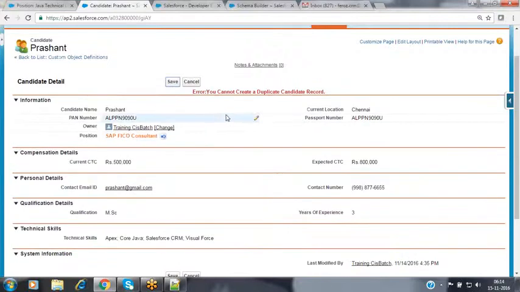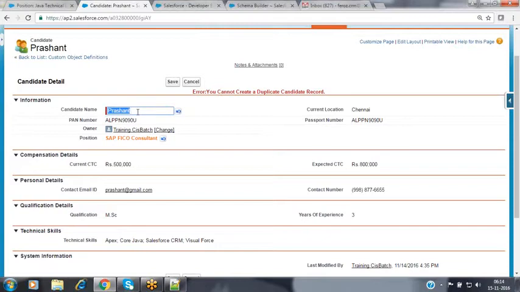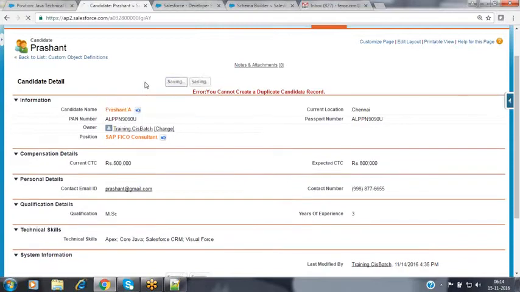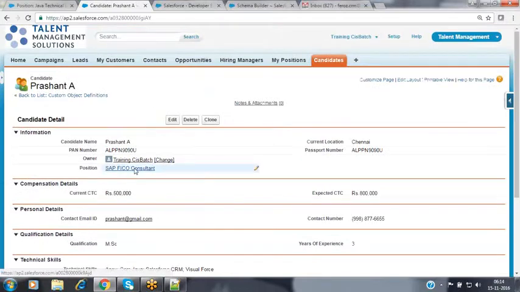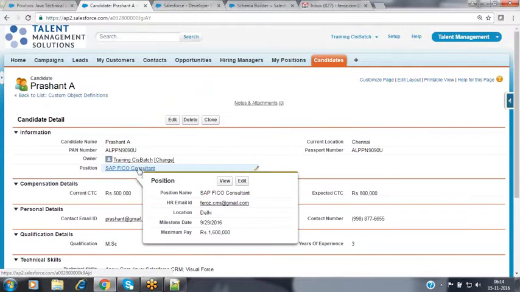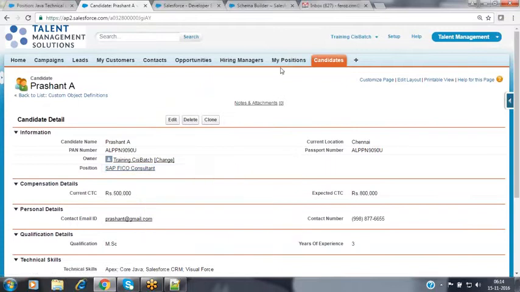Now save it. Now we have selected the parent, the SAP FICO consultant. He has applied for a position now.